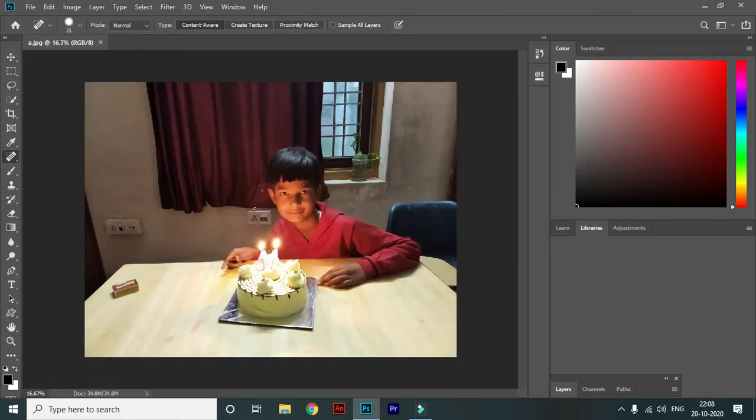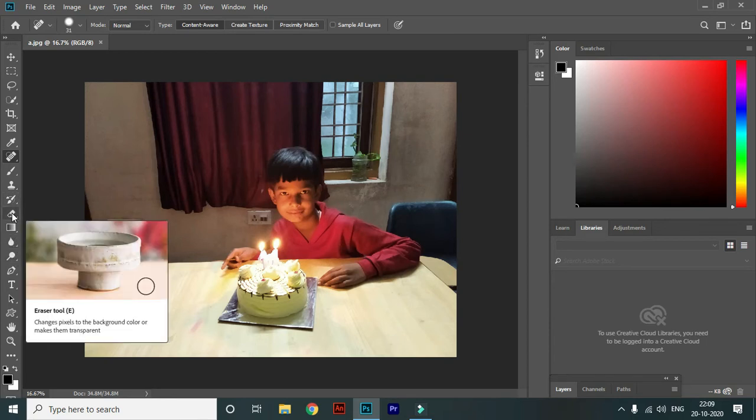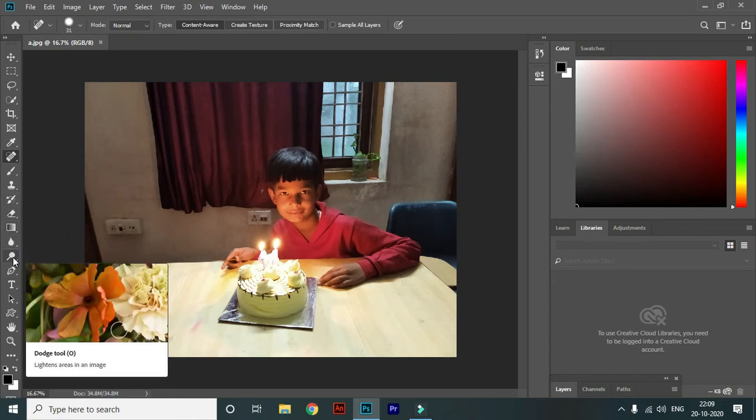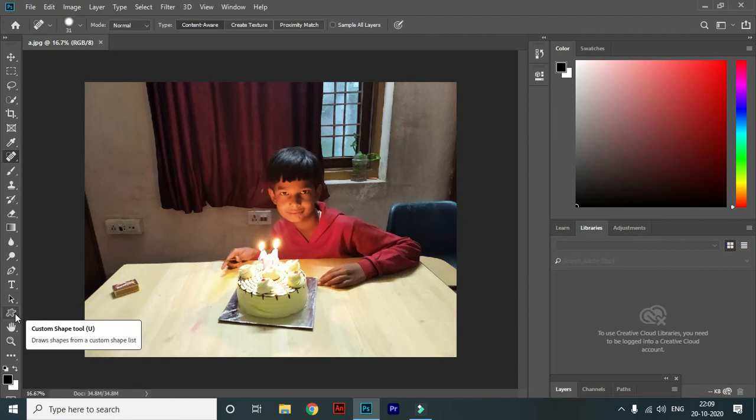Okay, so your selected photo will appear on the Photoshop screen like that. So this is a shape tool. We find the shape tool first, like this is the shape tool.